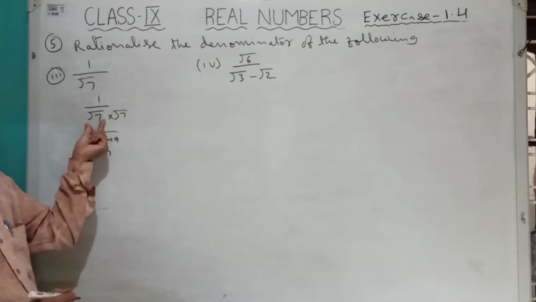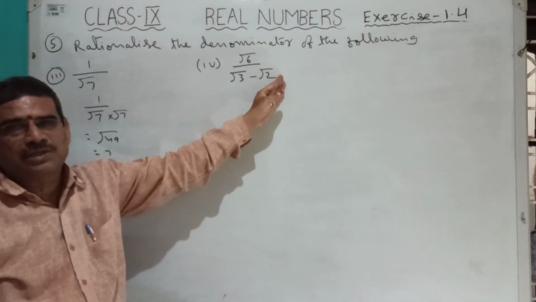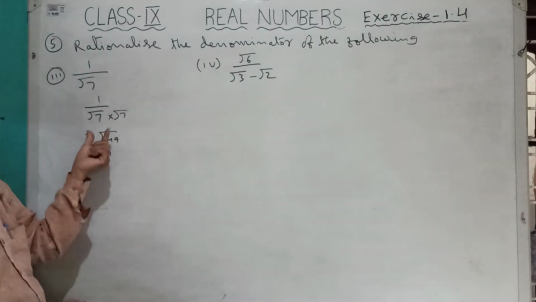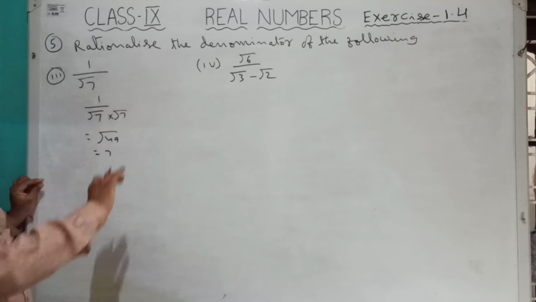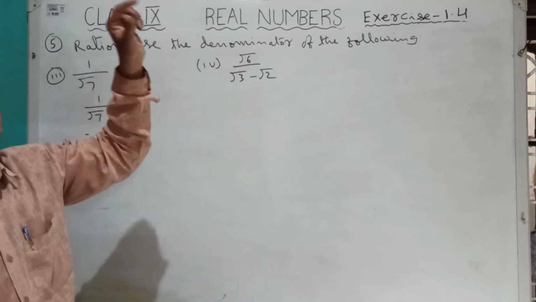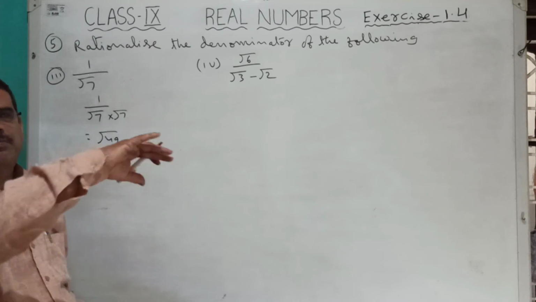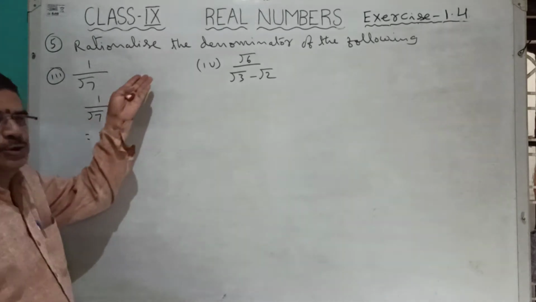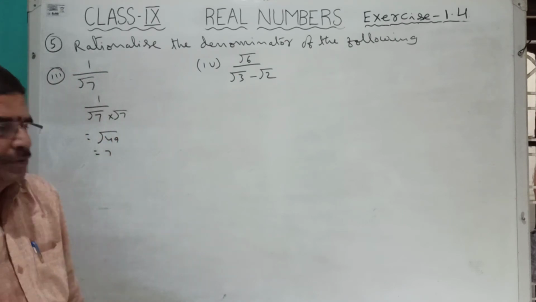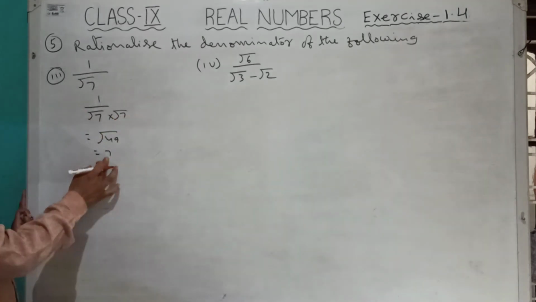Here only one term is there, whereas in previous questions, two terms are there. If two terms are there, I am using a minus b into a plus b formula. But here only one term. Simply I will multiply with that number only. My final result is to get exponent as integer. In exponent, integers are there, then that number is called rational number. In exponent, fraction is there, that is called irrational number. I already told you. So here I have to multiply with root 7 to get rational number.